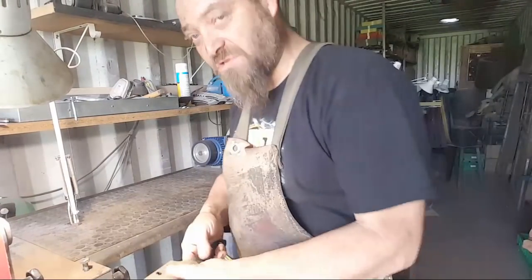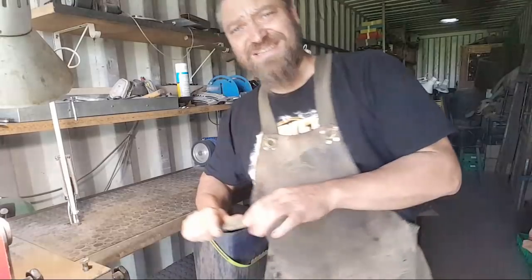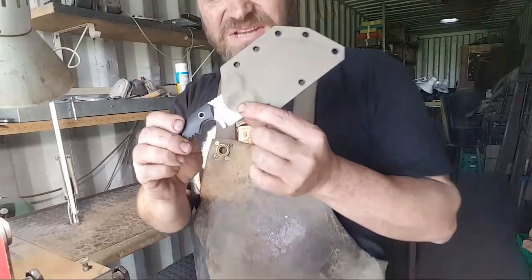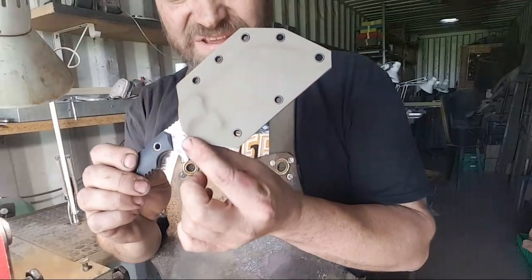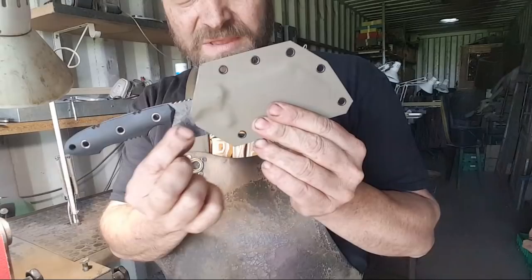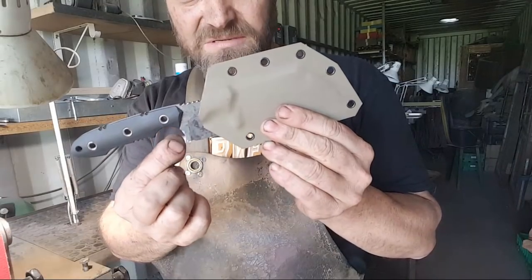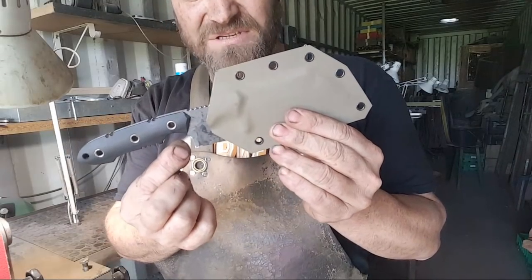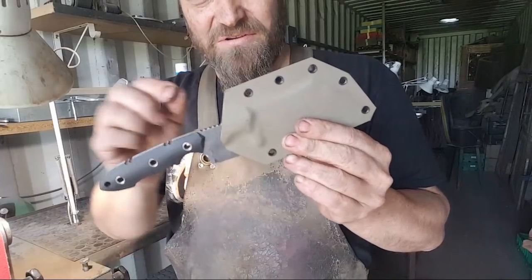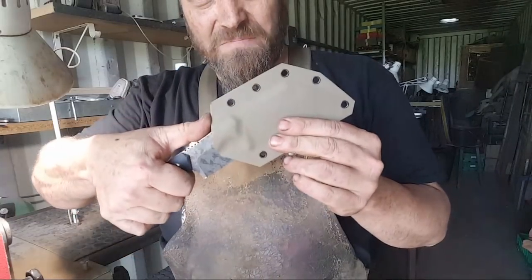Alright, and then one of the comments was how to do that without having to knock it on the table. Well, you need to understand that the retention on this thing is quite severe at this point in time. That piece of Kydex sits at the back here, and that's pinched in, and that's holding that knife in. So there's no way on this green earth that you, with your thumb pushing at the top,